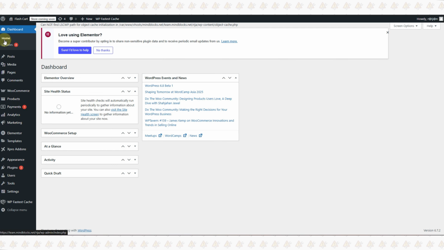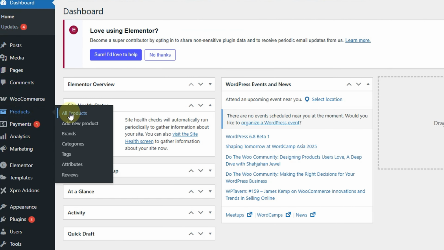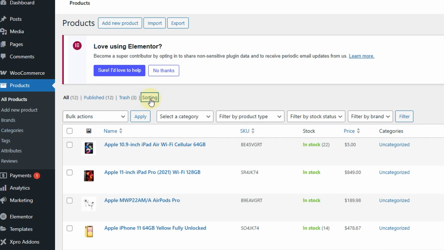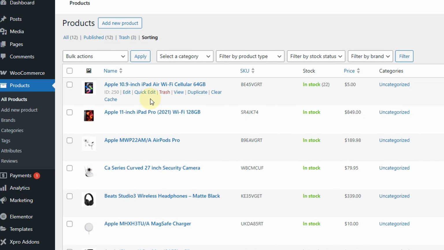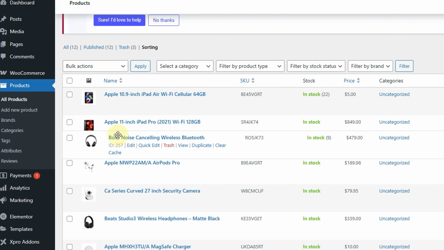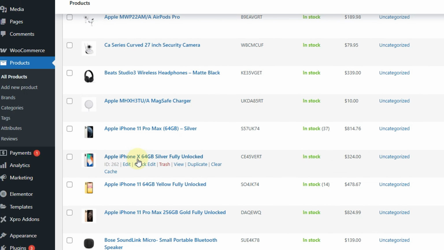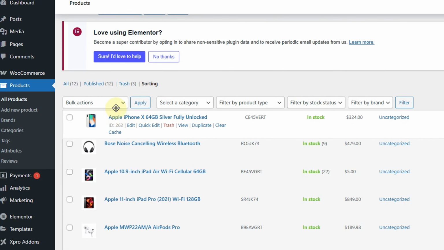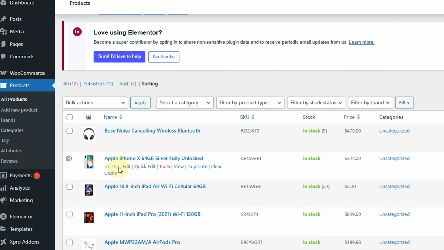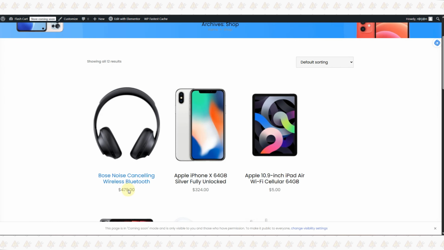Now to manually sort products, go to dashboard, select Products, click on All Products. Here click on the Sorting tab and now drag and drop the products to rearrange them in your desired order. Let's drag these headphones and place them at the top. Now this Apple iPhone, dropping it in the second position. Once you have finished changing the order with this method, there is no need to save or update. Just go back to your shop page, refresh it, and there you can see the order you have selected.